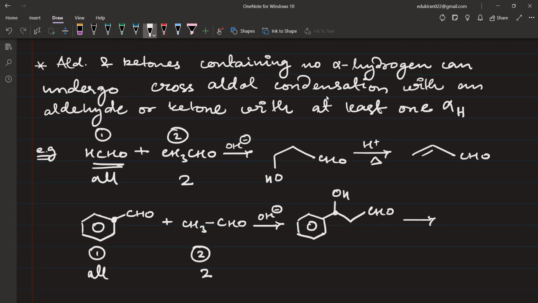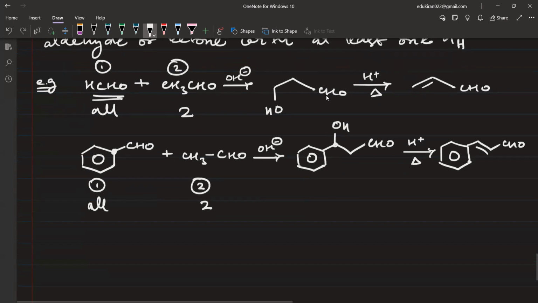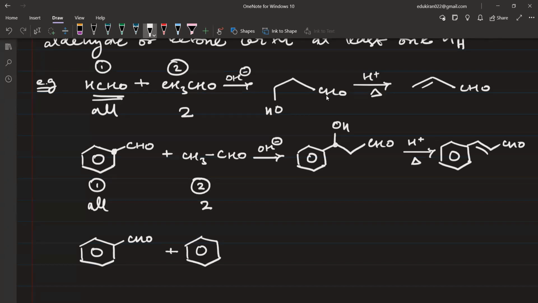OH, H plus and heat के बाद double bond like this. Similarly, see, CHO plus if you have C double bond CH3. Now again, we'll take all from here, but यहाँ पे please देखिएगा aldehyde वाला केस नहीं